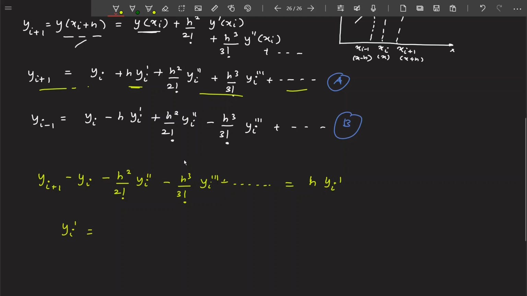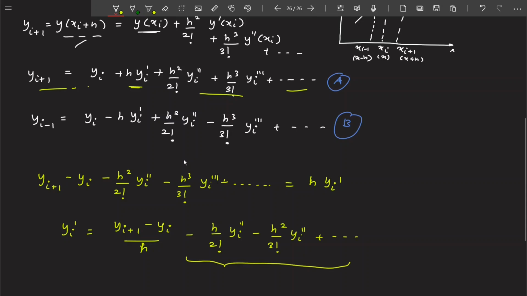this comes out to be y i plus 1 minus y i divided by h minus h upon 2 factorial minus h square upon 3 factorial and so on. Now if you truncate your Taylor series at this point, till here,